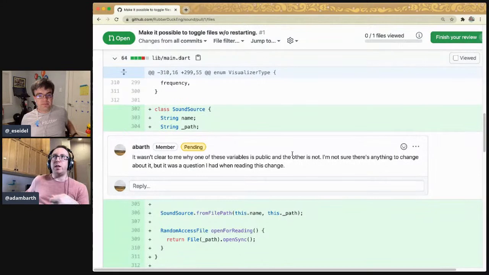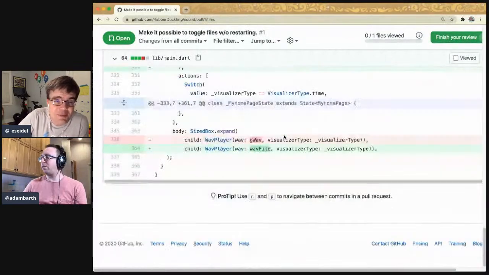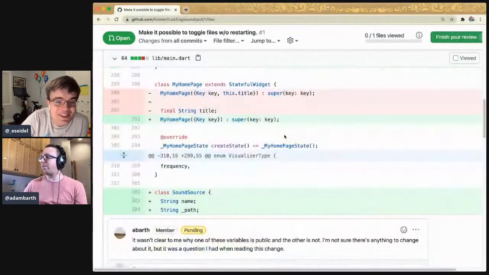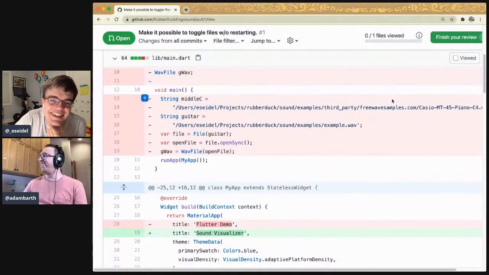Like it's sort of communicating the idea that maybe we want to get away from these absolute paths. Yeah, we definitely want to get away from the absolute paths so that you can run it on your machine too. Because right now the absolute paths... It does say eSidel in it, which is funny.